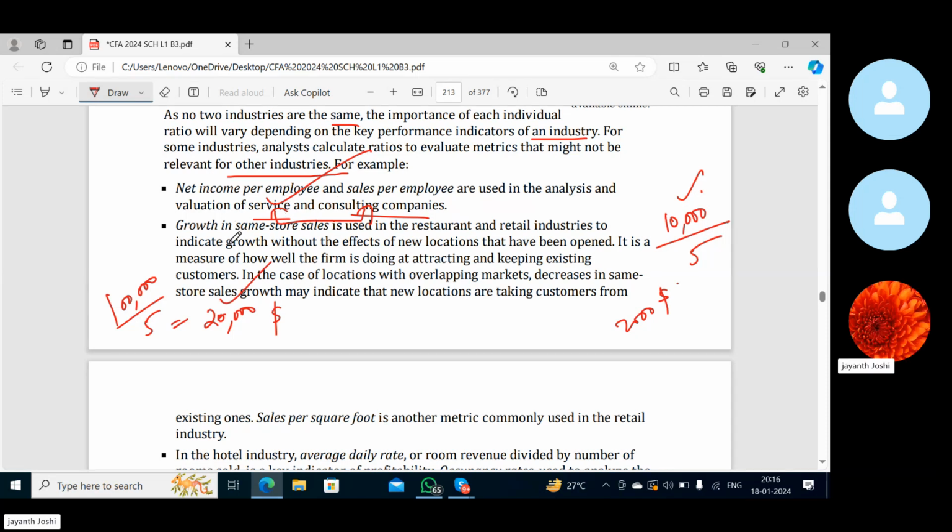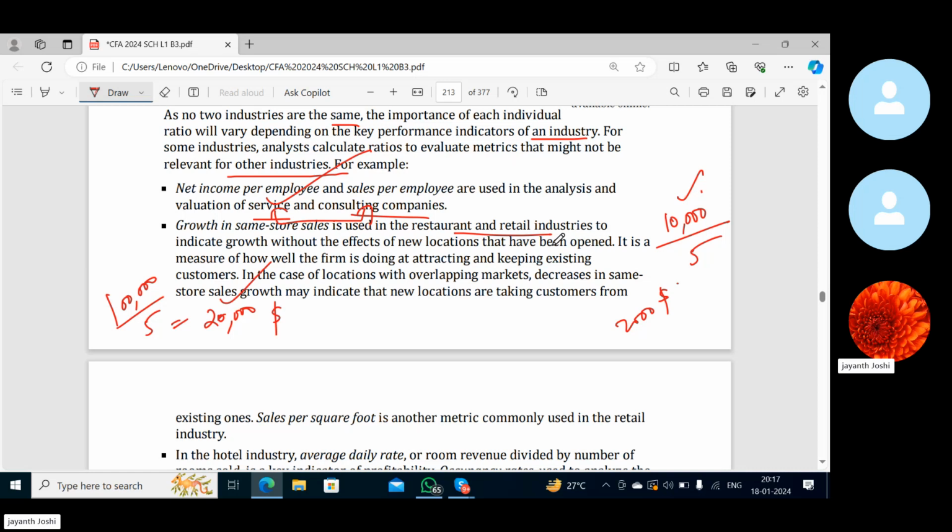Now, growth in same store sales is used in restaurant and retail industries to indicate growth without the effects of new locations that have been opened, right? What is the meaning of this growth in same store sales? It is used in restaurant and retail industries to indicate growth without the effects of new locations that have been opened. That means in the store in which you are, or let's say you have a restaurant or a retail store, in that, what is the growth you want to check,